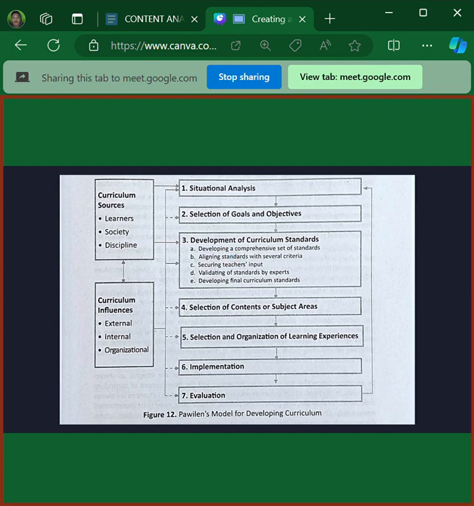So we have here the situational analysis. This is what we call the analysis phase. It involves gathering and analyzing information from various curriculum sources, for example educational standards, textbooks, research literature, student needs assessments, and input from stakeholders such as teachers, administrators, parents, and community members. This actually helps in identifying the curriculum influences such as societal trends, cultural factors, educational policies, and advancement in the